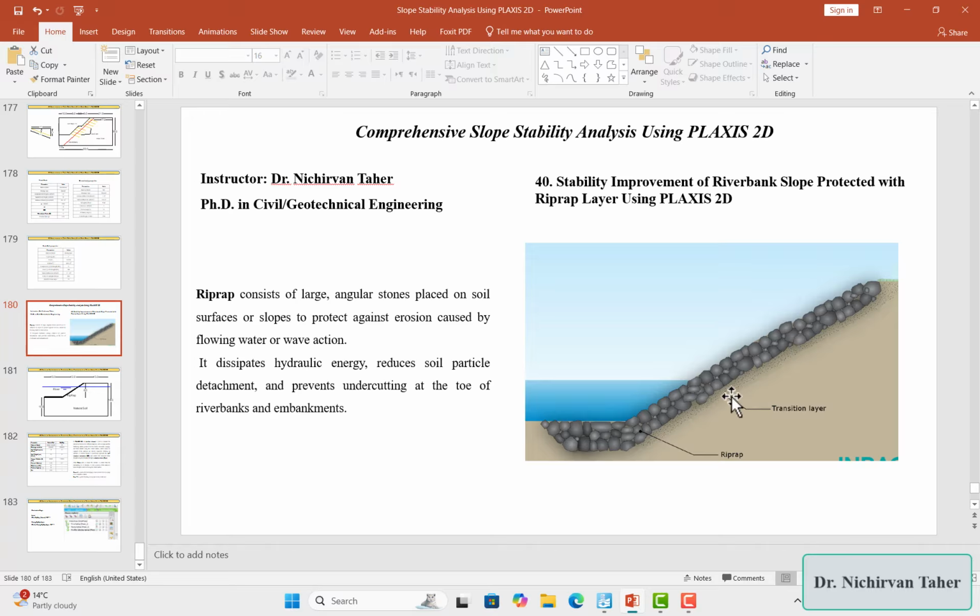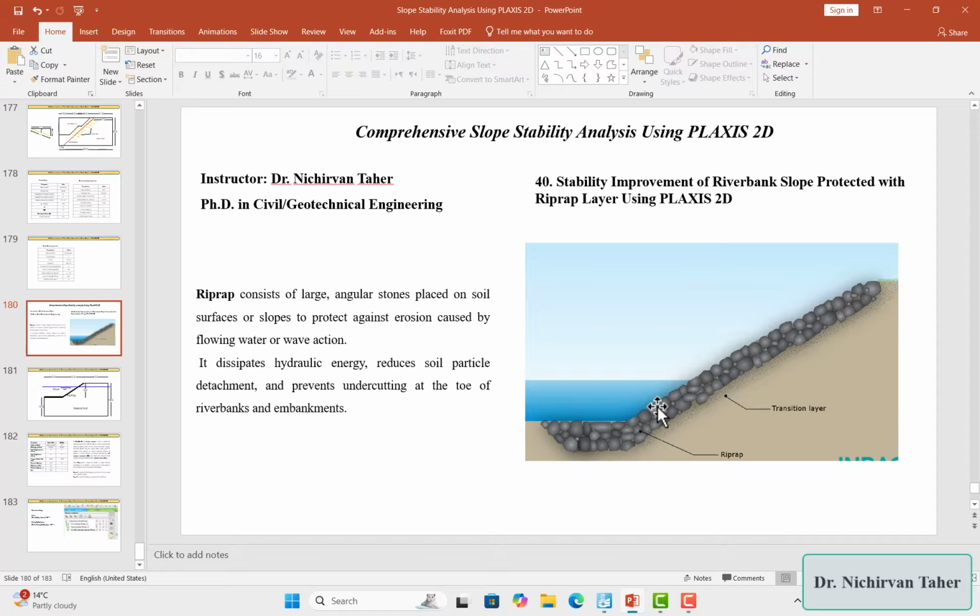When the water flows in the river, or when the level of the river rises, especially in the winter season, due to wave action the erosion of the slope happens. So by placing this layer of riprap, it protects the slope against erosion. Also, it dissipates hydraulic energy, reduces soil particle detachment, and prevents undercutting at the toe of riverbanks and